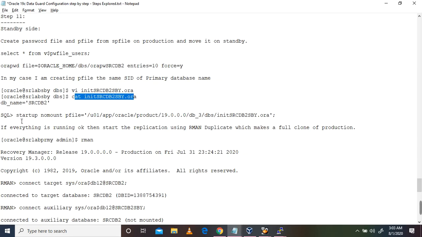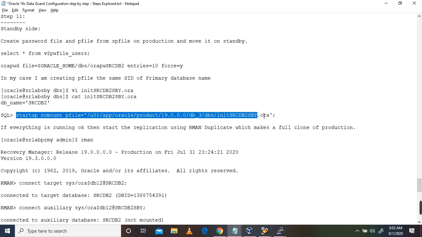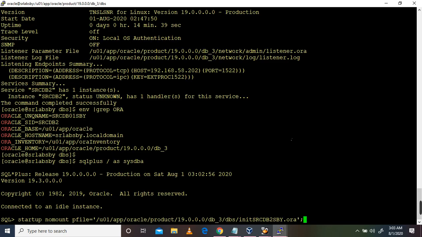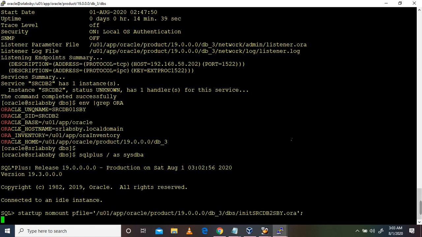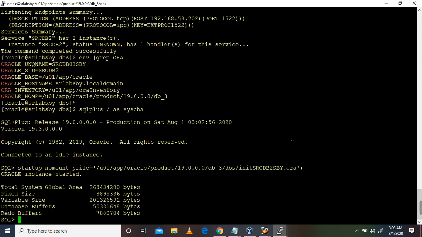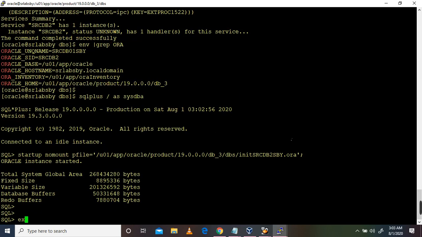The same method, startup with the pfile. I am going to start up with startup nomount pfile. These are all the actions we are doing on the standby side.